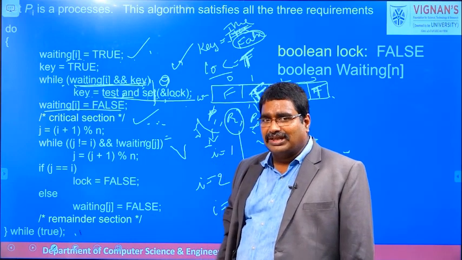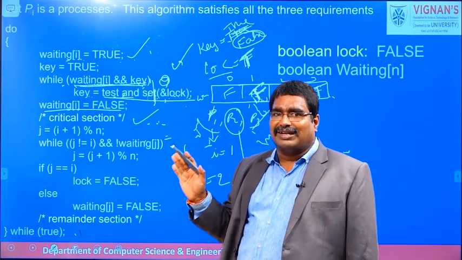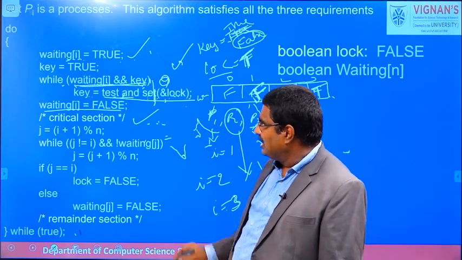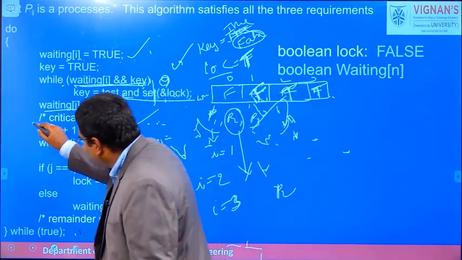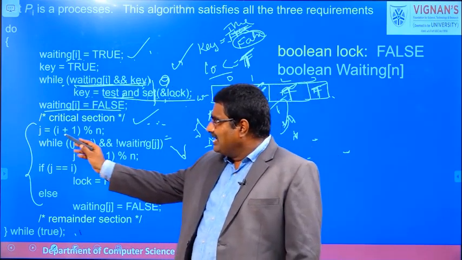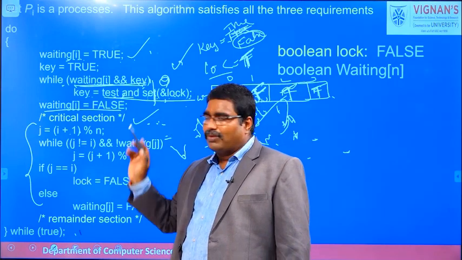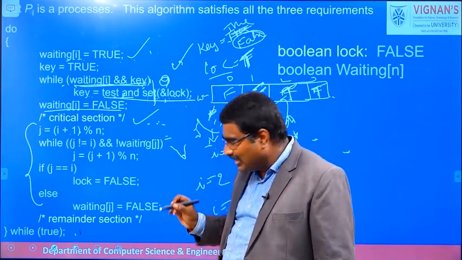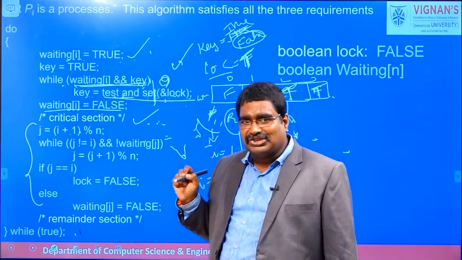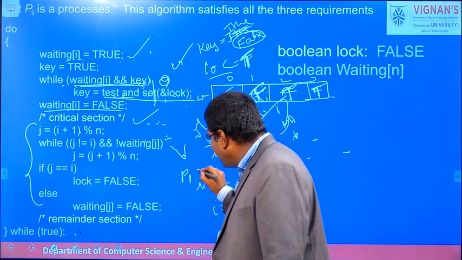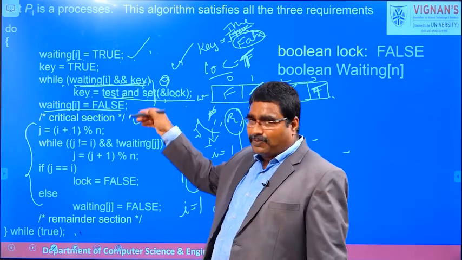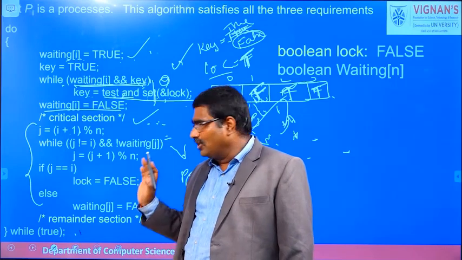Now we are assuming that the P1 process completed the critical section execution. Once the P1 process completed the critical section execution, it executes the remainder section of the P1 process. What is the remainder section? They are assigning j is equal to i plus 1 mod n. First we are assuming that the P1 process completed the critical section execution. So then automatically what is the value of i? i is nothing but 1, because we are considering the P1 process statements. For that reason i is equal to 1.